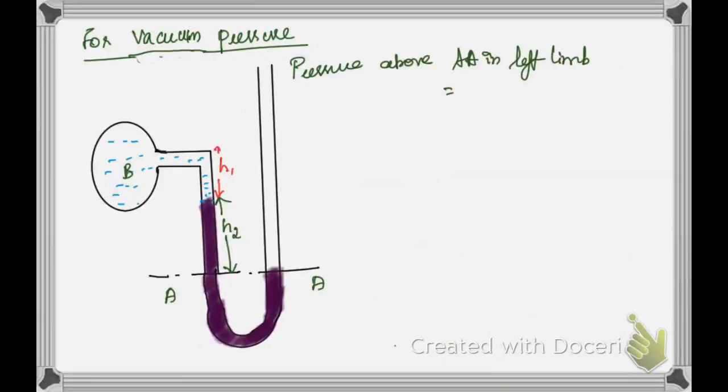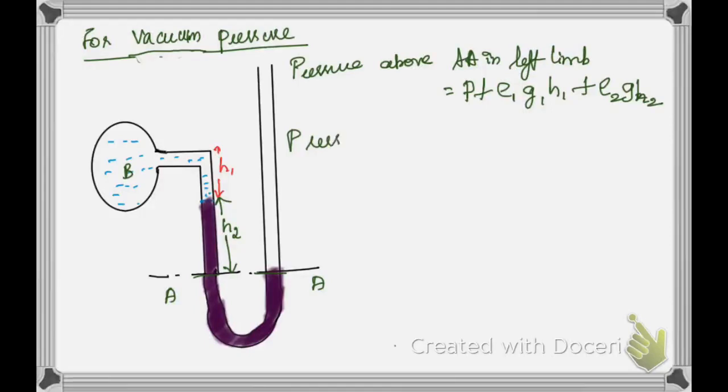Supposing you have to measure the vacuum pressure, you can see in the diagram that at the datum line the liquids are meeting, the manometric liquid will be meeting, and it will be like this. So how we are going to take it is that in the left hand side itself, all the left limb itself, all the other things come. So I have to measure the pressure at B. So I am taking P plus rho 1 G1 H1 plus rho 2 G H2. So I can take it like this.